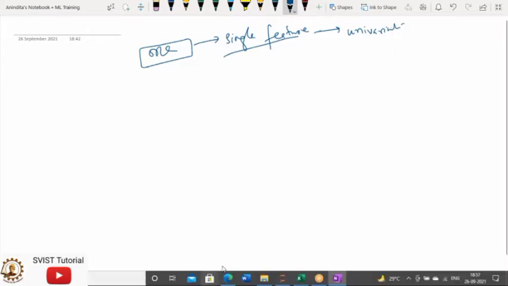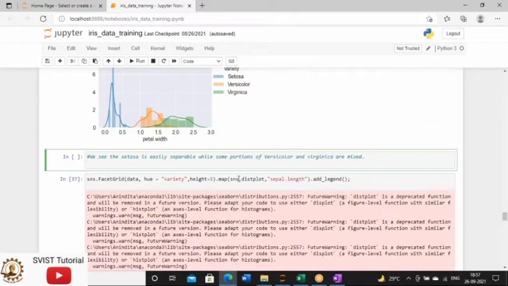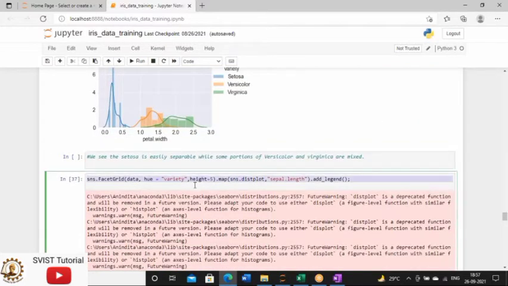Now if you look at the plotting category, I have already explained that. Again I have used the sns alias, which comes from Seaborn. Seaborn is responsible for plotting this univariate analysis, and this kind of plot is known as FacetGrid.